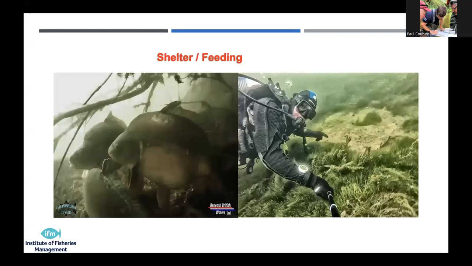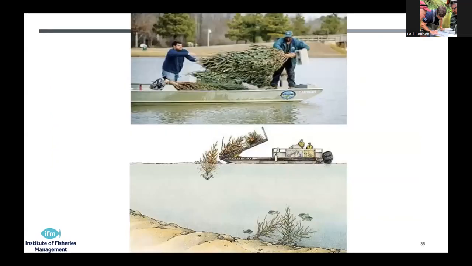And you can see this in one from Beneath British Waters, a team of guys who go out into lakes and dive with the fish. The picture on the left hand side just shows the number of fish that can stack up in winter underneath a tree. You can see the roots of the tree there. And then on the right hand side, you can see the feeding spots where these fish have rubbed the vegetation clear to get at whatever was underneath it. So these are really valuable, and you don't need much. That's not the biggest of trees, and there's several large double figure carp sat under there finding some shelter and obviously feeling quite safe underneath there.